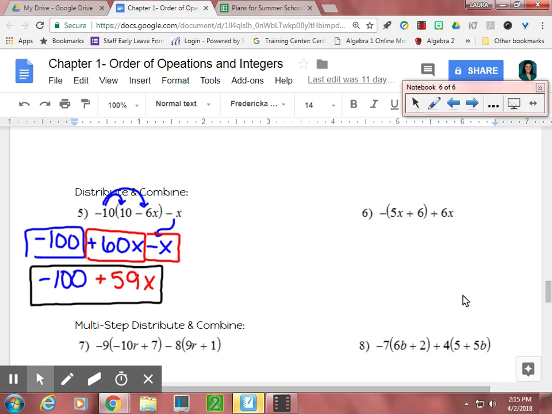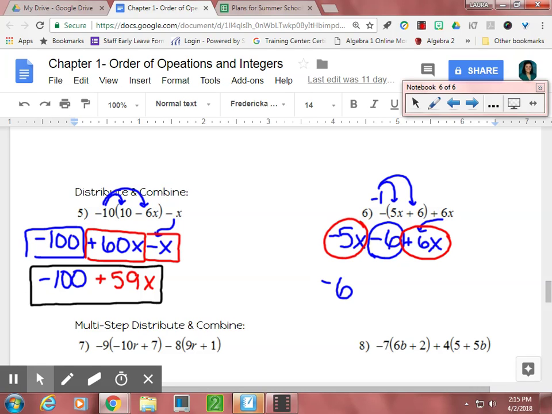All right, so this one is a little bit tricky just because you're not really sure what you should distribute. Well, this negative sign, pretend it's a negative 1. And then I'm going to distribute it to both parts. So all it does is it changes the sign to negative 5x and negative 6, and then I'm going to bring down my plus 6x from right there. Okay, so then we look for our numbers and our letters. Well, here's our only number, so I can go ahead and rewrite that down there. And our letters for this